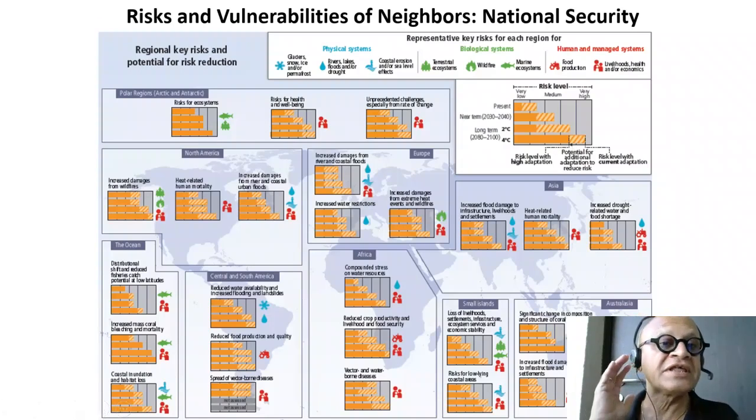So there is already some adaptation built into the future projections, and then there is an estimate of how much additional risk reduction can be done by additional adaptations. There are criteria needed to choose, right? You cannot put all the money into mitigation or all the money into adaptation.